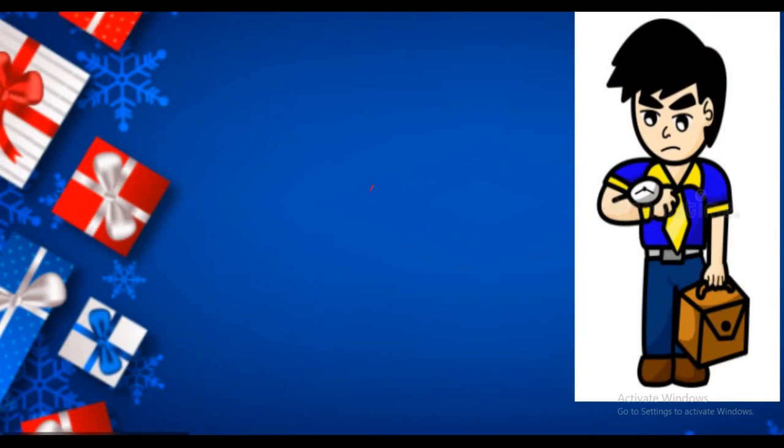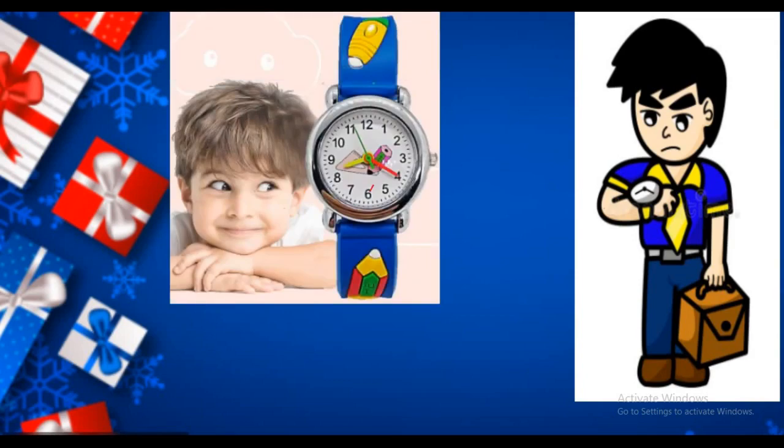Once Rahul bought a watch for rupees 5,000, but only after buying it he realized that he did not quite like it. So when his friend Abhi asked him if he would give the watch to him, Rahul just wanted to get rid of the watch. So he decided to sell the watch for just 2,000 rupees to Abhi.